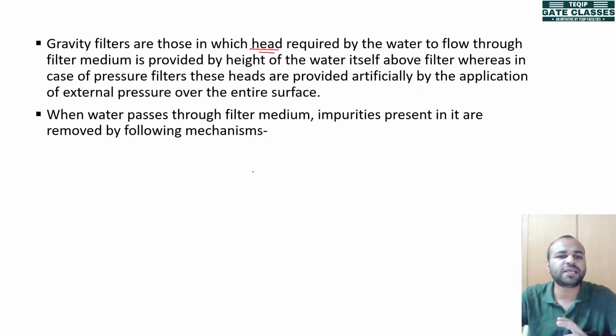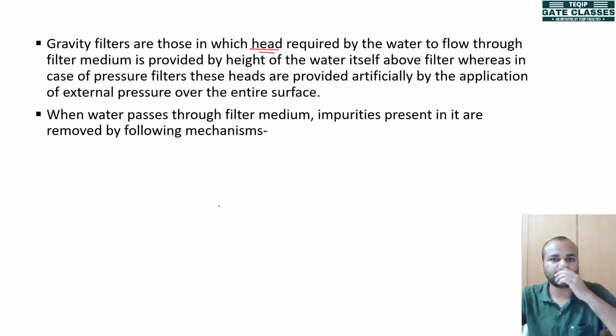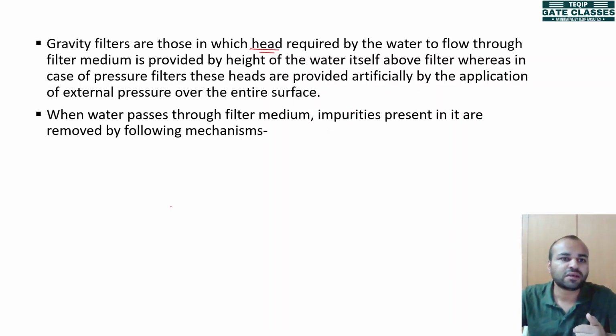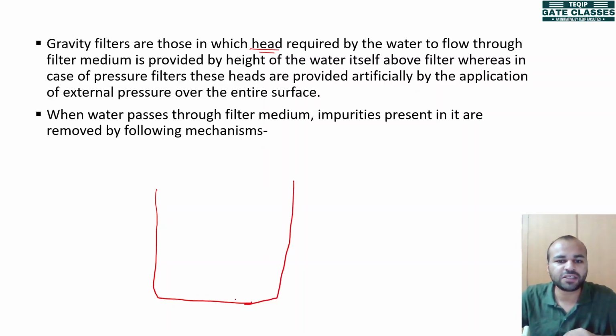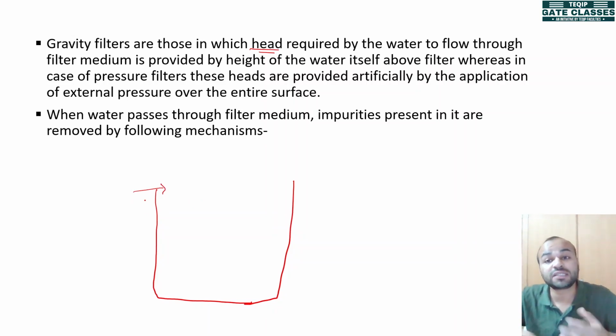Now let me give you a general idea of how a filter works, or what is the basic layout of a filter. Let us consider a tank, okay, in which we are filling in raw water. Now what do you understand firstly by filtration? If I say in Hindi, when we are filtering something, what do we understand by that? That it is straining it or using a sieve, using a filter. So here also we are using one type of filter only.